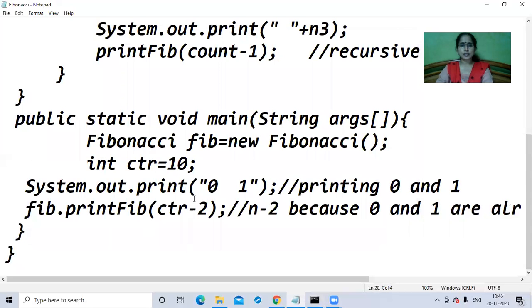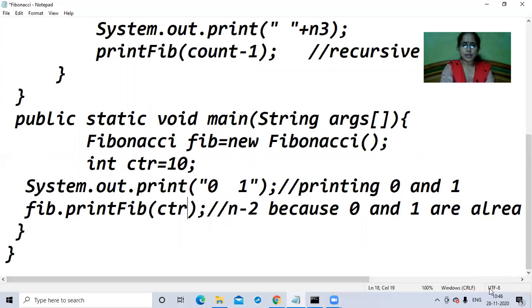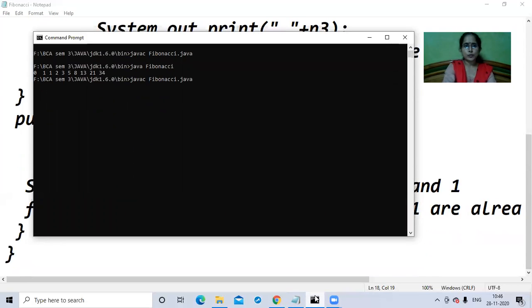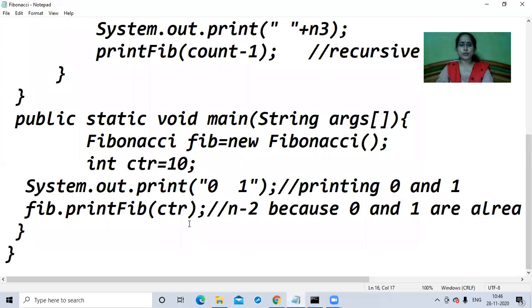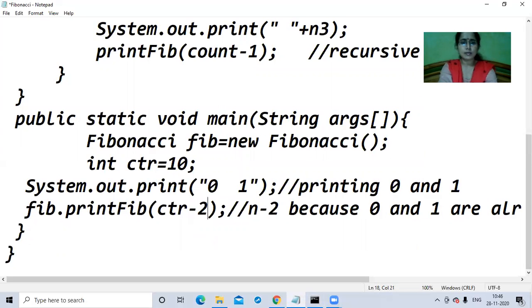Right? See the change. If I don't pass ctr minus 2 here, and pass 10 itself, you will find that we will end up generating 12 elements. See. So if you now count, a total of 12 elements are being printed: 1 2 3 4 5 6 7 8 9 10 11 and 12. So this is wrong according to the given question. That's why we have to pass ctr minus 2 over here, so that you have the correct output of the program.